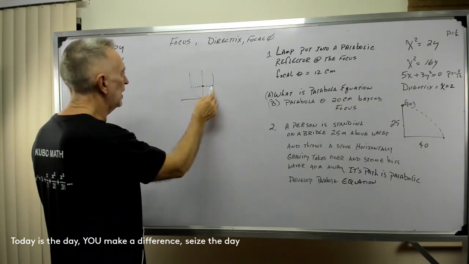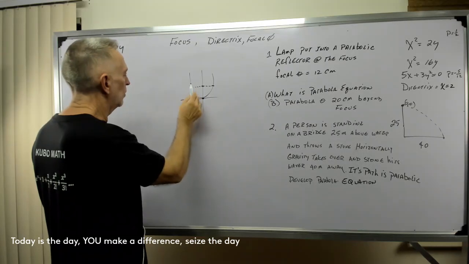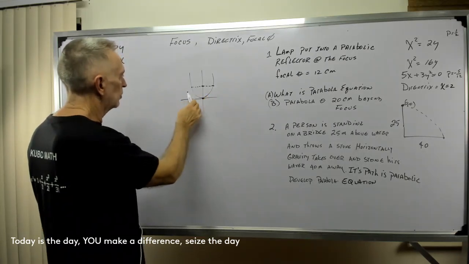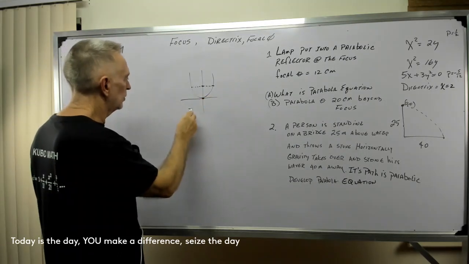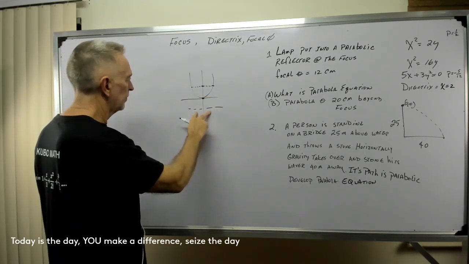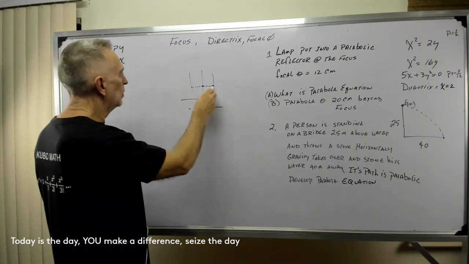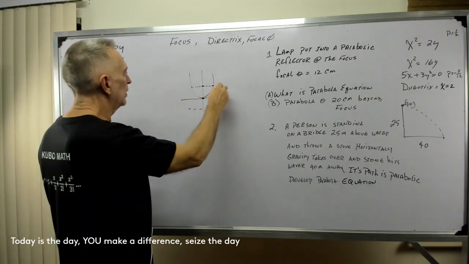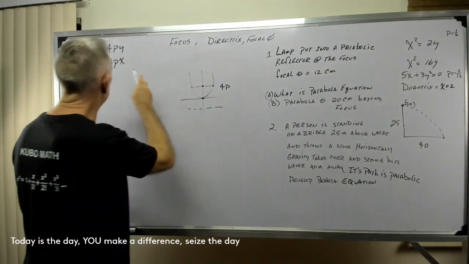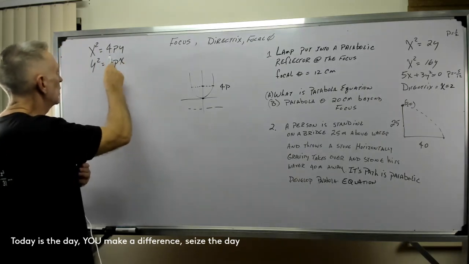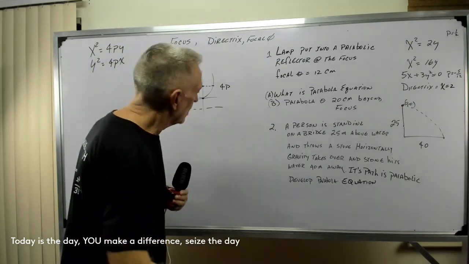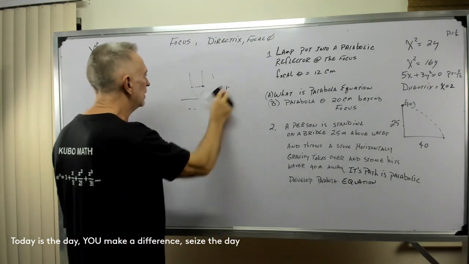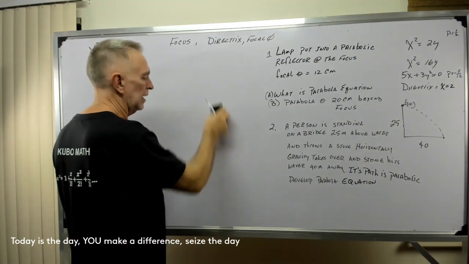It gives you that diameter on a line that cuts directly through the focus that's parallel to the directrix. And that diameter is 4p. So really it becomes this part of the equation. Okay, all right, so that said, let's take a look at